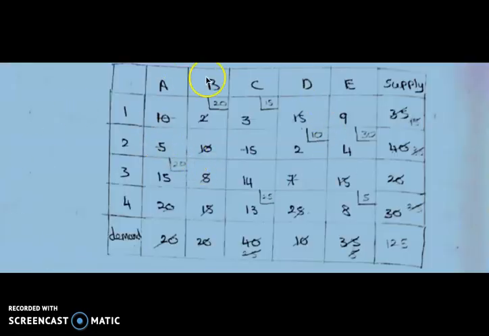In this cost matrix table, we have to choose the least cell value. Here the first row is 10, 2, 3, 15, and so on, with the remaining rows as given.